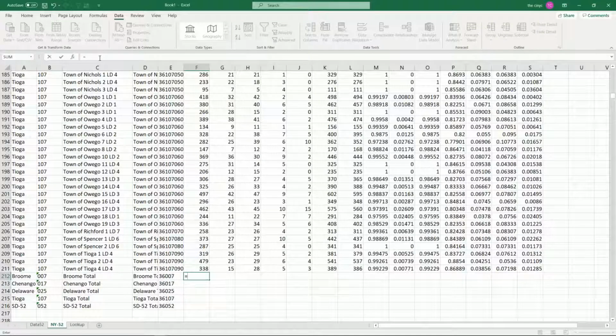For the Broome total, I'm just going to do equals SUMIF, just a singular SUMIF. It doesn't start with the total you want to sum up. It starts with the range. I'm going to change it. It's going to make it A2. I just scrolled over to get it with $ signs to A201, and that's going to check